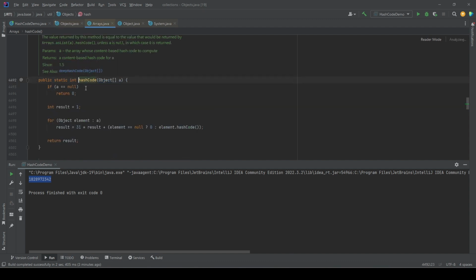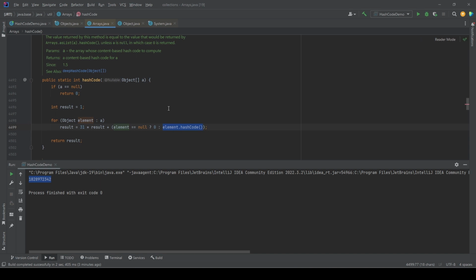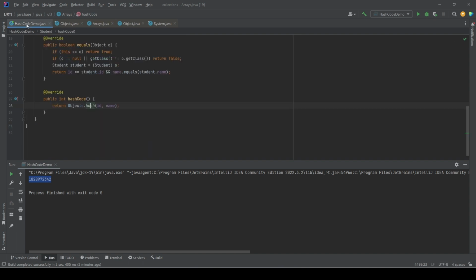And if we go to the hashCode method of the Arrays class, we see that for each of the elements, it is basically calculating the hash code with this formula, where we initialize the result, then we multiply this with a prime number 31, and then we call the hashCode method on that element. So whatever default value we get, we add that value to this result, and for another element we again multiply the result with 31 and add the hash code value. So that is the formula that is being used to calculate the hash code. Going back,